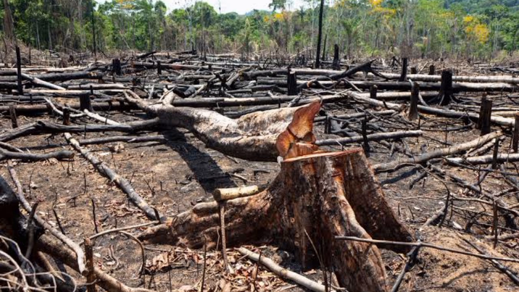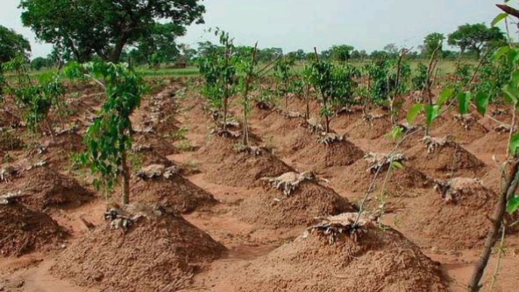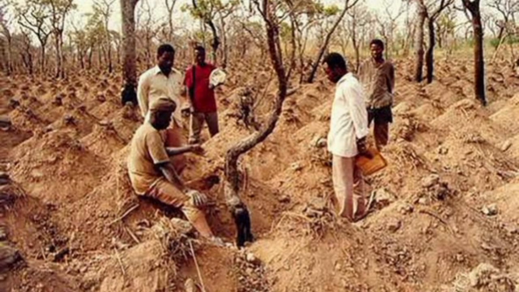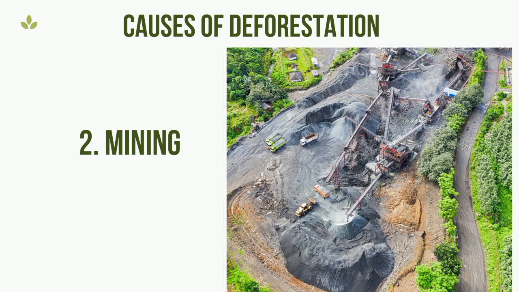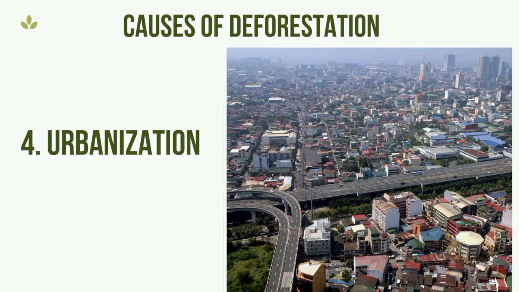Number one, agricultural practices. When you want to start agricultural practices, maybe you want to plant yam, you want to plant cassava, you can do deforestation. You cut down the trees there to enable you to plant your crops like cassava, like maize. Then we have mining operation, logging operation, urbanization, natural disaster, forest